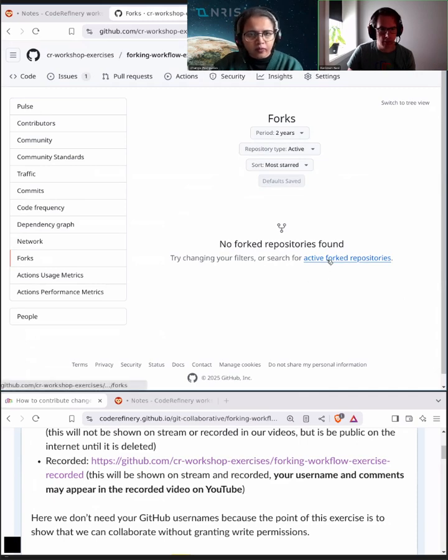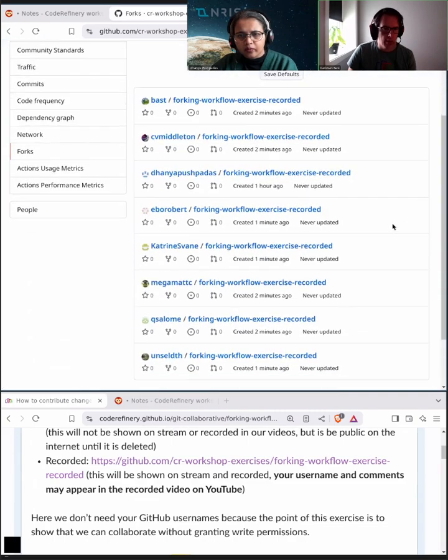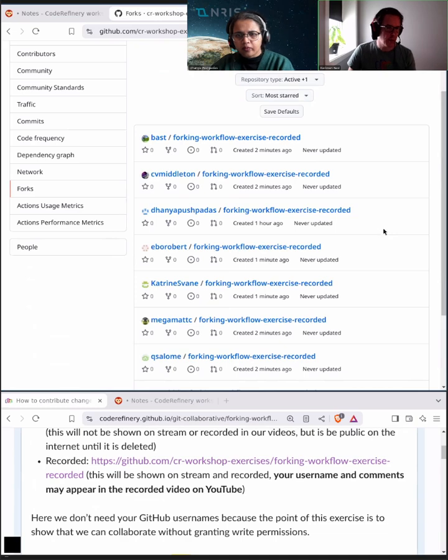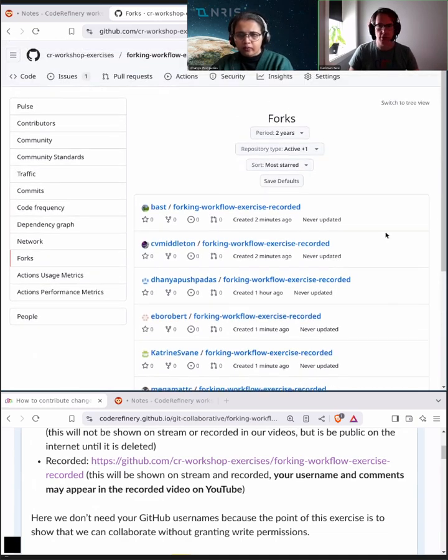Here, active. No, they are not marked as active because they didn't make any changes yet, but I will now show me all of them. So there are already 8 forks. This can be also interesting for your project if you want to know who has forked my project. This could be also future collaborations. These are people who are interested in